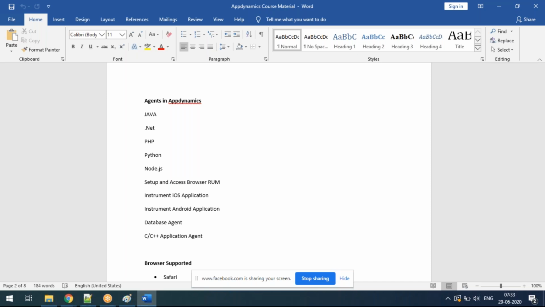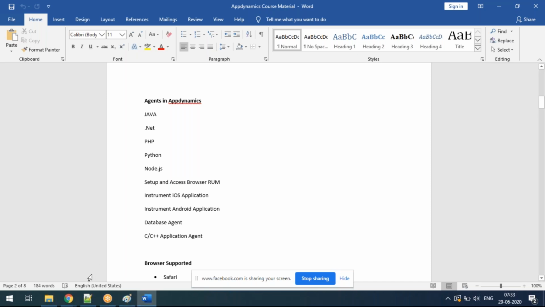That is available in Dynatrace. In Dynatrace only they call it one agent. With that one agent, wherever you install, whatever you do, you will get the metrics. But here it is all naming oriented or technology oriented, I would say. In that way only we are capturing the metrics.